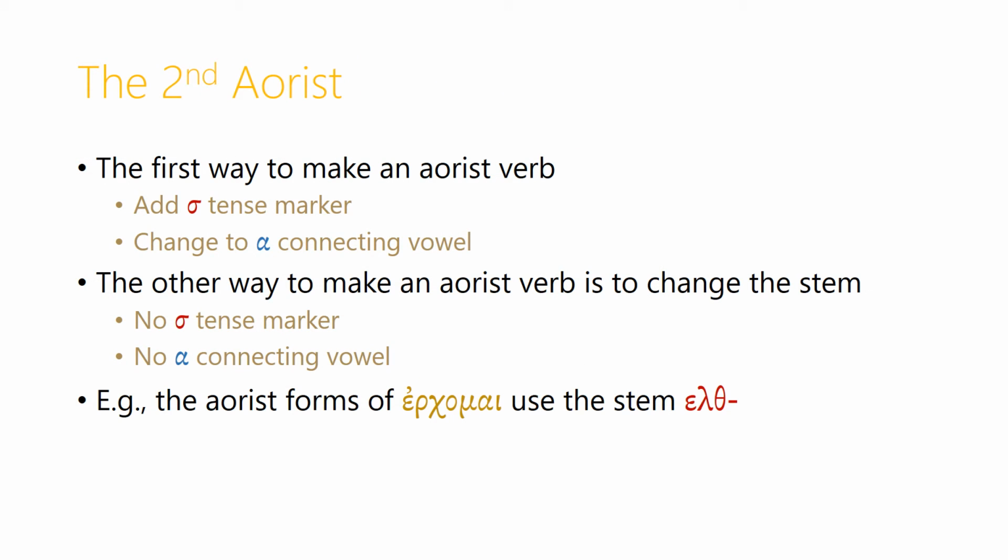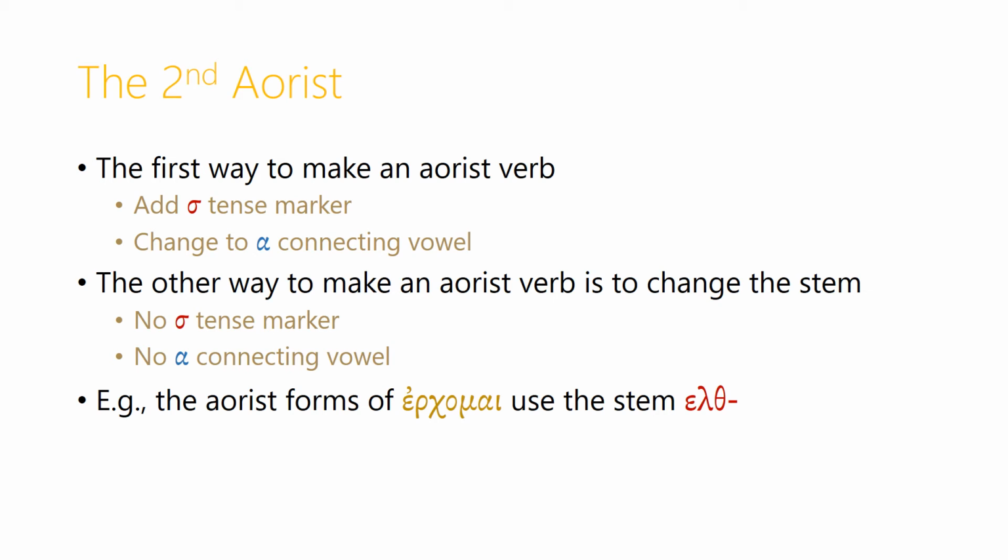There is a second way to make the aorist, and don't worry, it's not really that much harder, but we'll need to use both techniques for forming the aorist at different times. So the first way to make an aorist verb was to add the sigma tense marker after the stem and change the connecting vowel to an alpha. The other way to make an aorist is to change the form of the stem itself. So there's no sigma tense marker, and the connecting vowel isn't changed to alpha. It stays omicron or epsilon, just like in the present tense. For example,